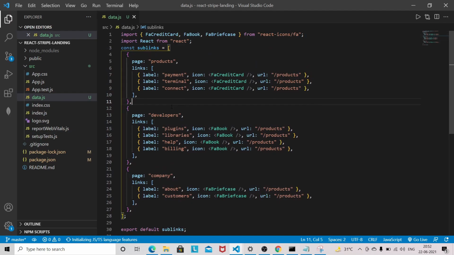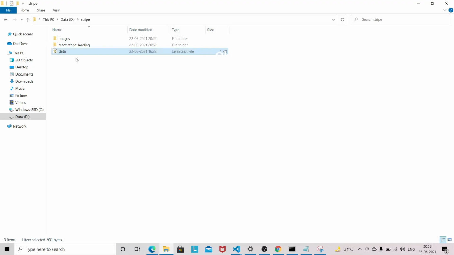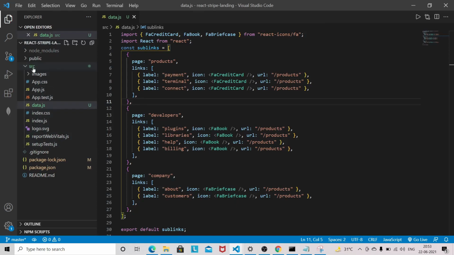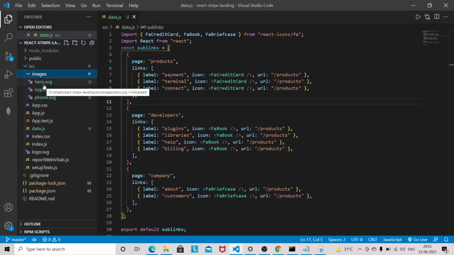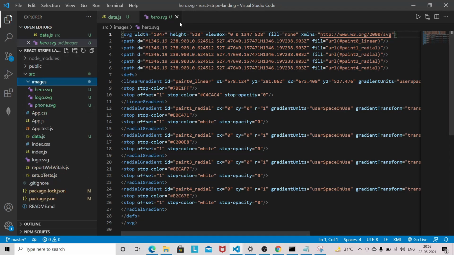I am going to use this data to display the sub menu, and I will provide this data with the GitHub link. I will provide everything on GitHub, like images. I have also used images in this project, and the images include a hero image and a logo. I will provide all the images to you.